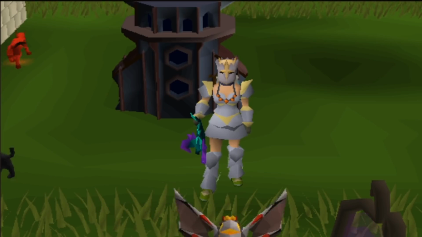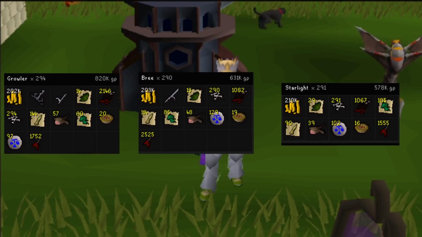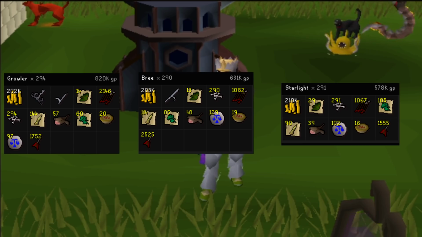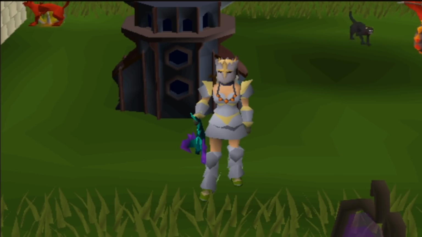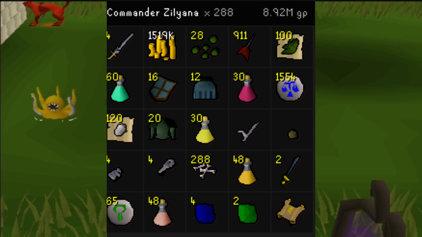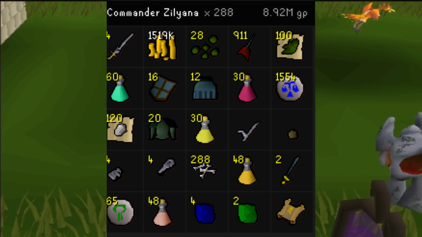Since we got some loot from the minions, we actually did end up having a decent chunk of change from each one. Each one dropped at least one God Sword shard, except for Starlight, because that little unicorn never gives us anything. So in total we got around 2 mil from the minions, nothing too crazy. And then the loot from the boss itself, from 288 kills of the actual boss, with 4 Sara swords, is 8.92 million GP, which is...